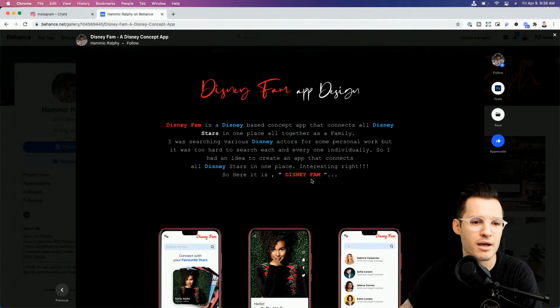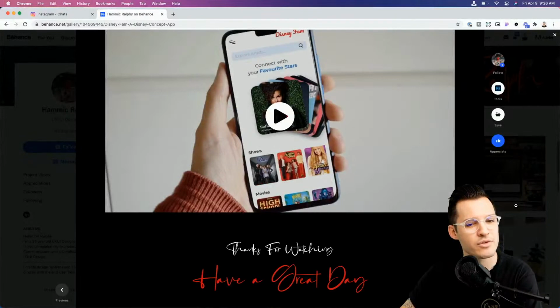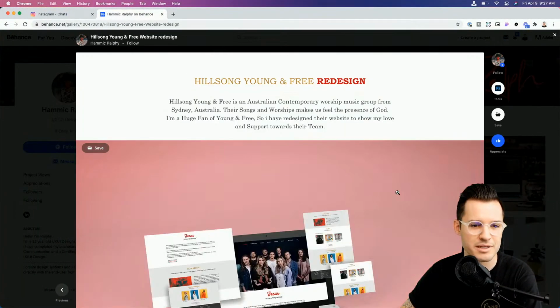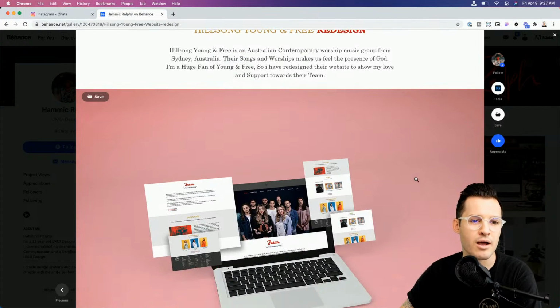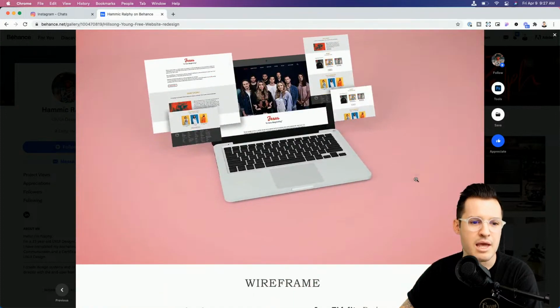Disney Fam app. So we're getting the same kind of dark. I want something different. I want something a little bit different for the case study. Hillsong Young and Free redesign. Okay. Australian Contemporary Worship Music Group. Okay. So